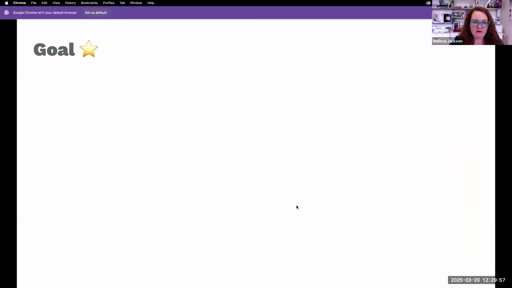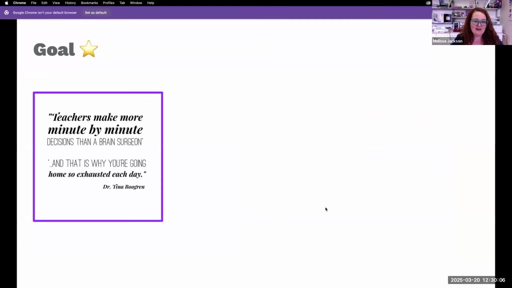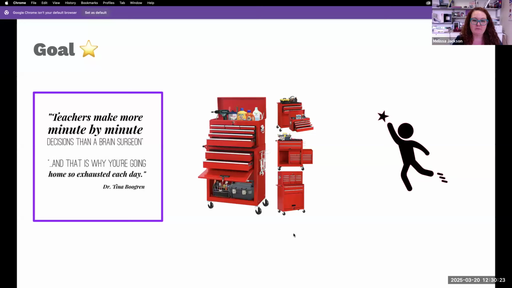So what's the goal here, right? What is the goal of teacher preparation programs? What is the goal of some of these assignments within these courses? So here's, it's not a meme, but it's a saying, and these are shared virtually all the time, especially during Teacher Appreciation Month and Day. Teachers make more minute by minute decisions than a brain surgeon, and that's why we're going home exhausted each day, right? The goal for us in teacher preparation programs is to fill up teachers' toolboxes,